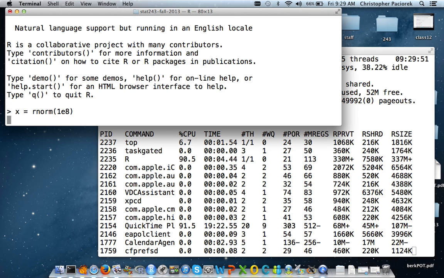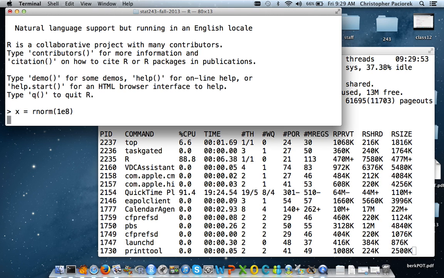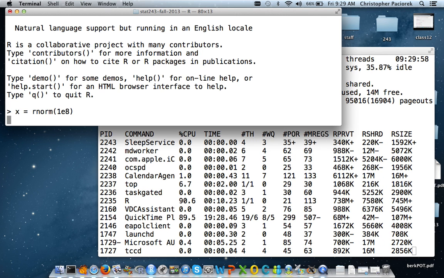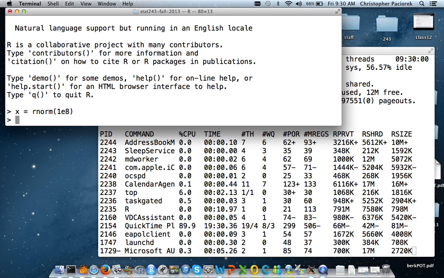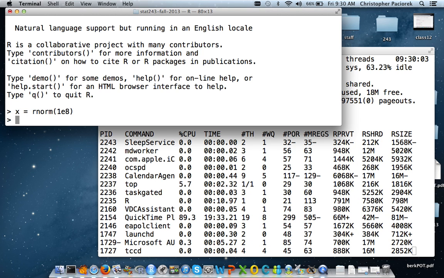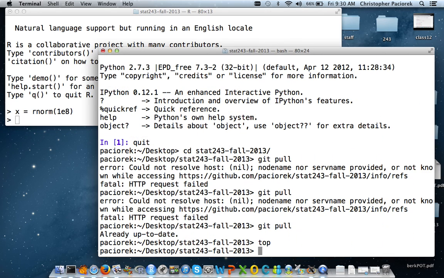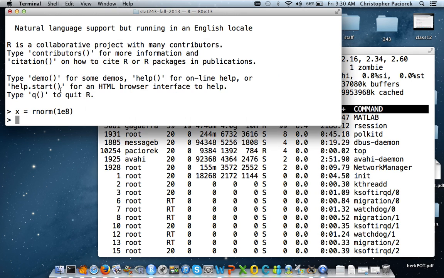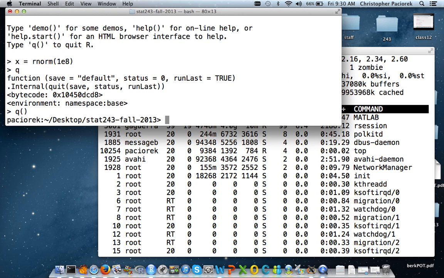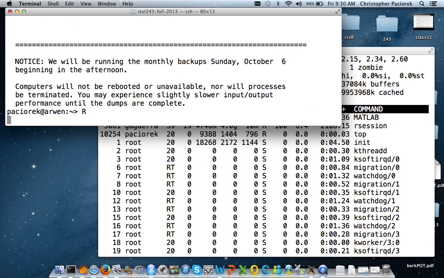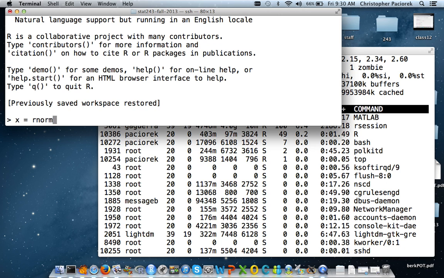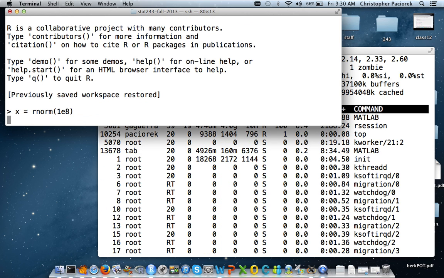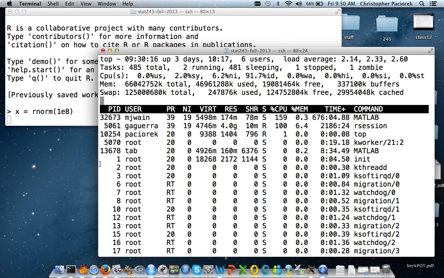Yeah, I think it's probably these last columns here. Just finished. Where'd it go? Oh, it just finished. Let me do this in Unix because it's going to be a little bit easier for me to see. So this should use something like 800 megabytes of memory. And if I now